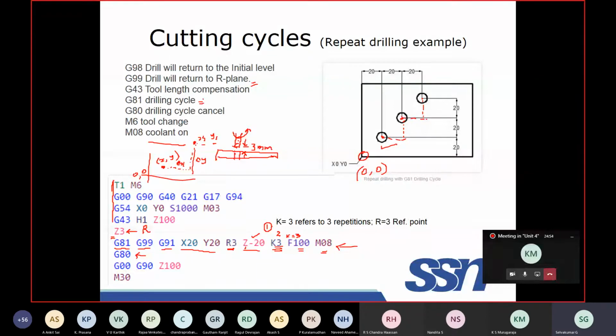Once it is cancelled, G00 is rapid movement of the tool, G90 is the absolute coordinate system, and Z100 means the tool is kept away from the job. This distance is going to be 100.